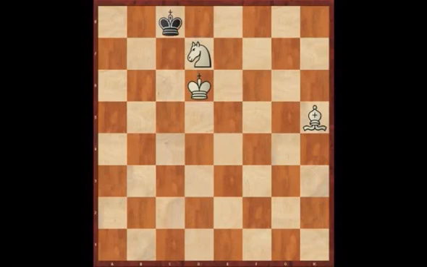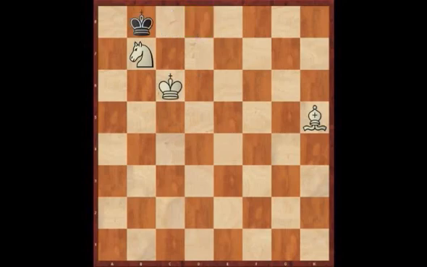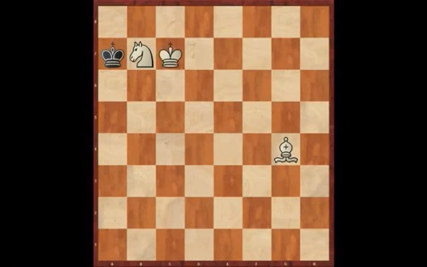Now comes the familiar knight manoeuvre, knight c5, king d8, knight b7, king c8, and now king c6. And as you can see, the black king would love to go to d8 in this position. Unfortunately for him, he can't, so he's got to go to b8, which is precisely where he doesn't want to go. Alright, on with the show. Bishop g4, king a7, and now this is a move weaker players have difficulty with, king c7,